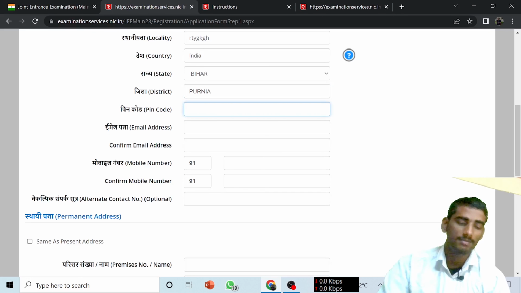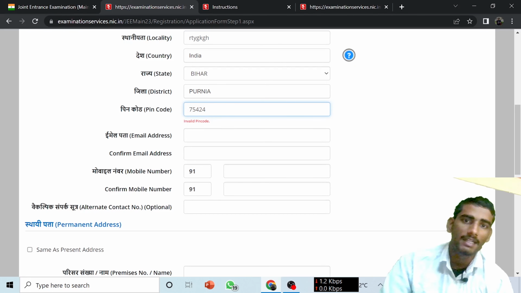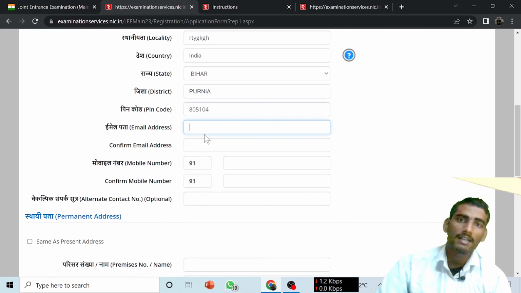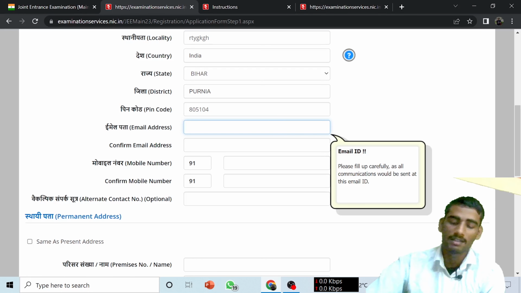After that you have to give the pin code and all things. Then email ID, it is a very important thing, guys. email ID आपको बिल्कुल सही देना. Okay, and pin code must also be right. Okay, suppose I am giving the pin code. Okay, after that आपको email ID देना, and email ID must be filled very carefully and that must be existing. आपको existence में रहना चाहिए, ऐसा नहीं कि email ID है आपका, उसका password नहीं पता, then you may face problem, guys. Okay, so suppose I am giving my email ID.